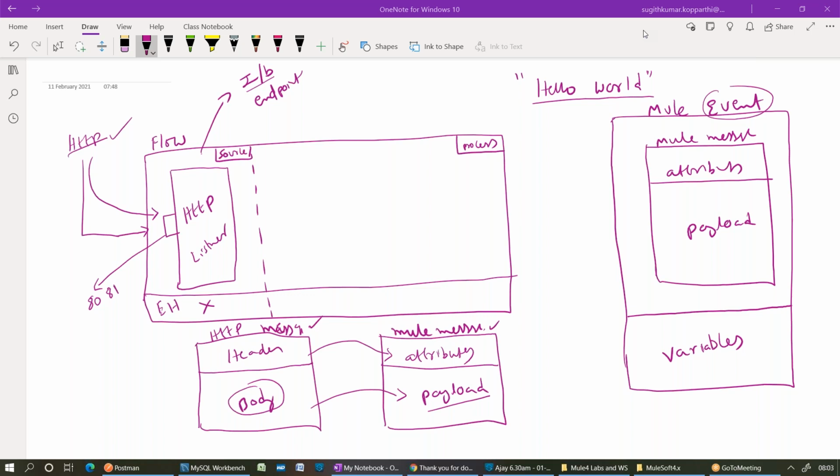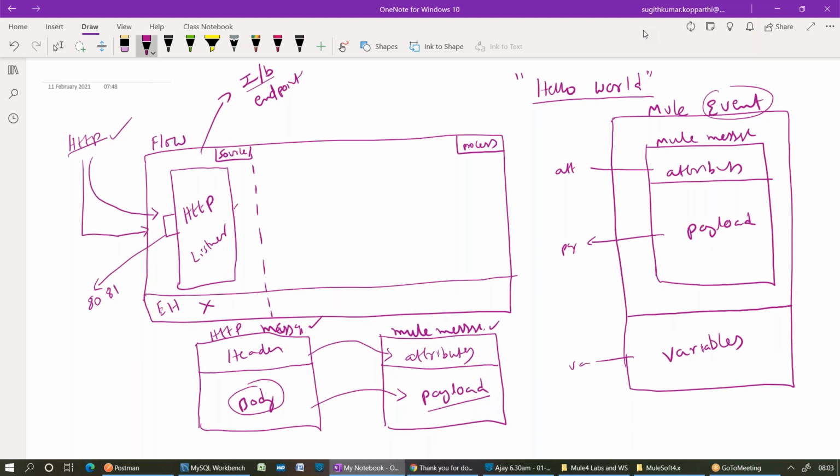It has a Mule message and variables. Mule message again comprises attributes and payload. So can I call the Mule event a structure of attributes, payload, and variables, right?